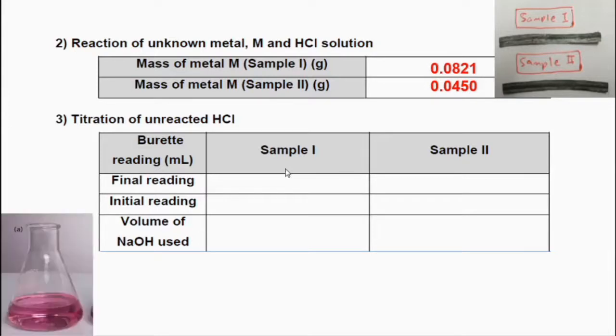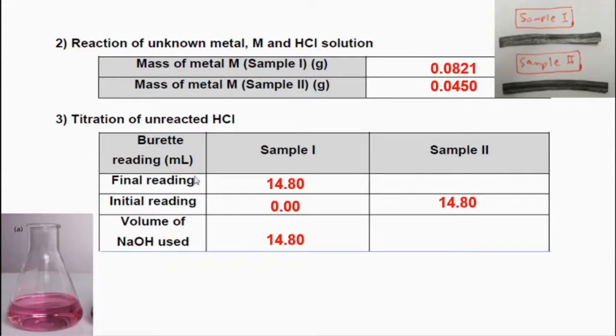Okay, so let's say for sample 1, the initial reading was 0.00, and the final reading was 14.80. So the volume of sodium hydroxide used to react with the unreacted hydrochloric acid is 14.80, and this is for sample 1. And then for the second sample, let's say the initial reading,